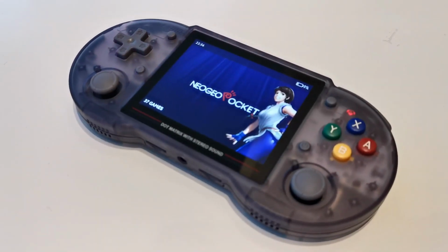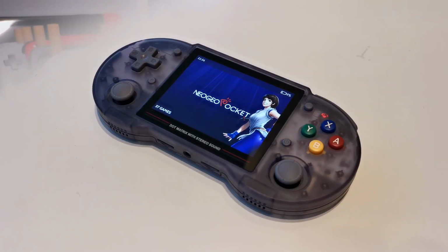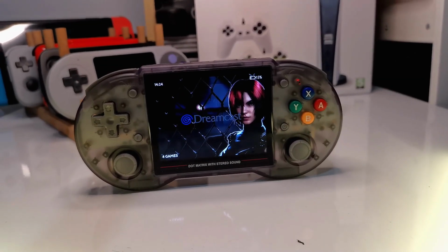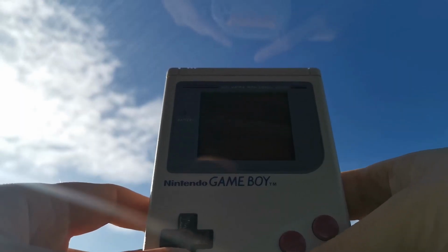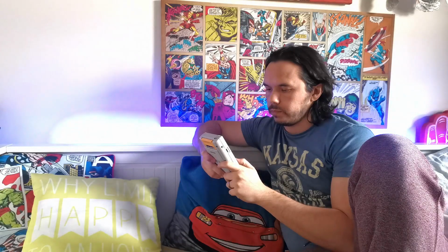To an absolute newcomer that had never ever touched a handheld gaming device in their life, I would say the RG353PS is the one to go for because it just ticks all the boxes in the right way, especially in comfort and ease of use of those shoulder buttons. But gaming, and especially retro gaming, is not just about that. We have so much more that we bring with our expectations to a console and the gameplay experience, and that's why the decision is a massively personal and unique one, and I just hope that some of this information can help you make